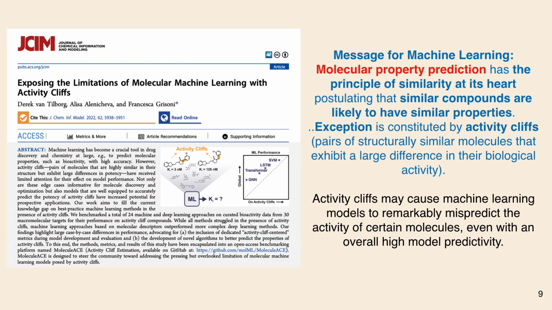Of importance, when we use machine learning for molecular property prediction, we rely on the principle that similar compounds usually have similar properties. However, activity cliffs are an exception to this rule. These are structurally similar molecules with very different biological activities. Because of this, machine learning models can sometimes severely mispredict the activity of compounds near these cliffs, even if the